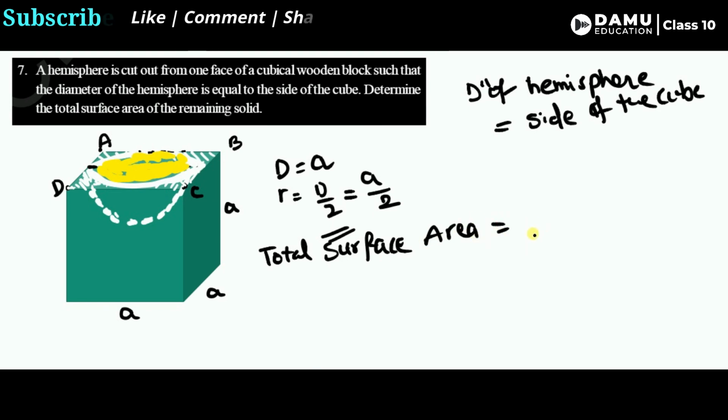of the solid will be equal to all faces. How many faces are in the cube? Front and back, left and right are 4, and the bottom is one more face. If you divide like this, the solid will be like this. So this is the cube, with 4 side faces and the bottom, so 5 faces. Surface area of 5 faces of the cube